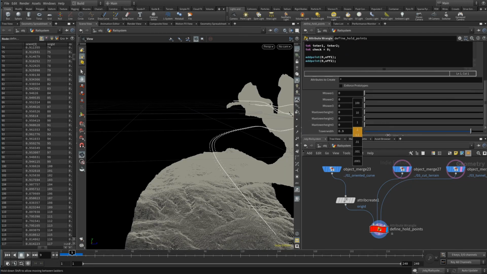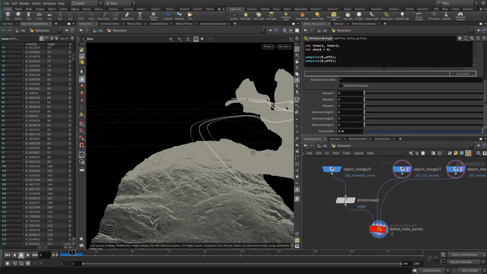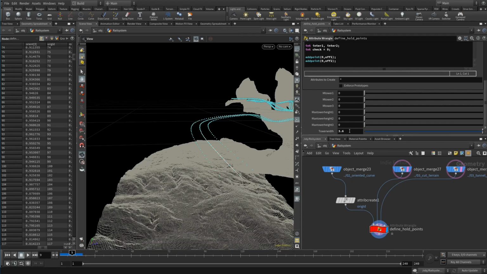First, let's see if the offset works as intended. With the tower width, I should be able to manipulate how far away the new test positions go. Now you might see why this is a bit more accurate than just testing from the curve itself. There could be a cliff right below the tower. Even if one side could be placed, it is possible that the other side can't. By checking both sides, we should be able to avoid most of those situations.